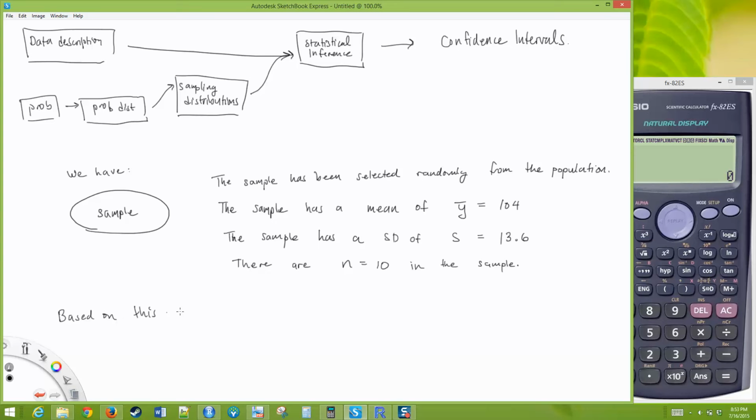Based on this data, about the population. Okay, specifically, what can we say about